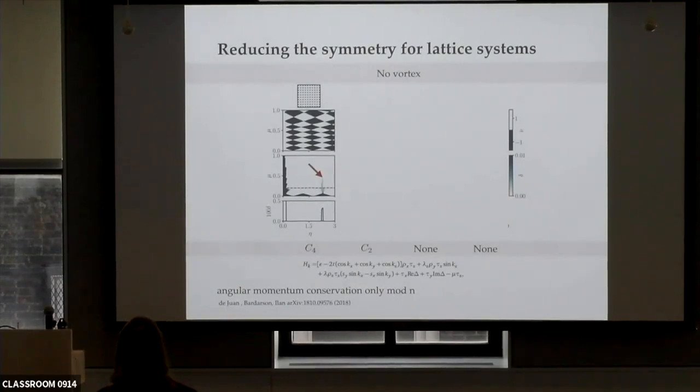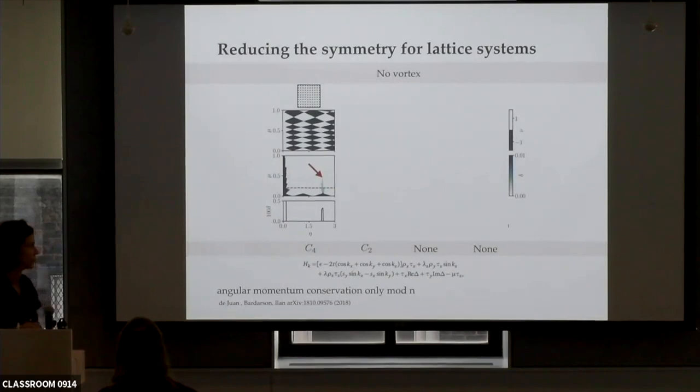Now I want to talk about how reducing the symmetry affects the magnitude of the gap, because that also has severe consequences. So I'm going to demonstrate phase diagrams on a particular lattice model. It's this one if you care about the details. But the essential thing to notice here is that we're choosing a model that has C4 rotation symmetry. So if you have a geometry that respects that rotation symmetry, then there is this anti-correlation between the position of the gapped states and the non-trivial topological invariants. And everything that I'm showing here is in the absence of a vortex.